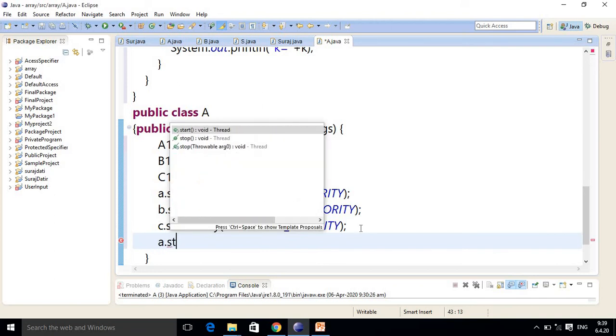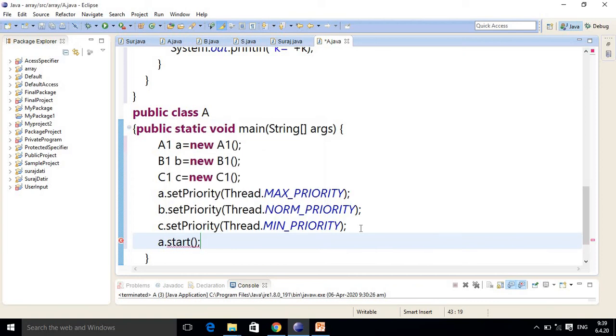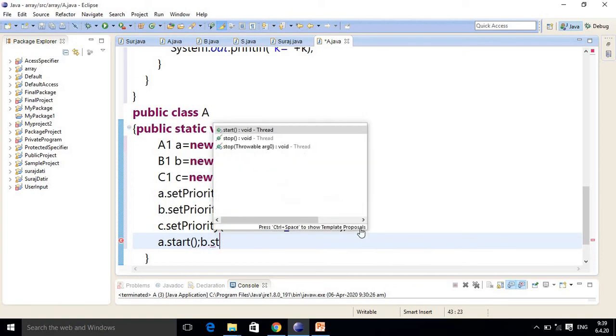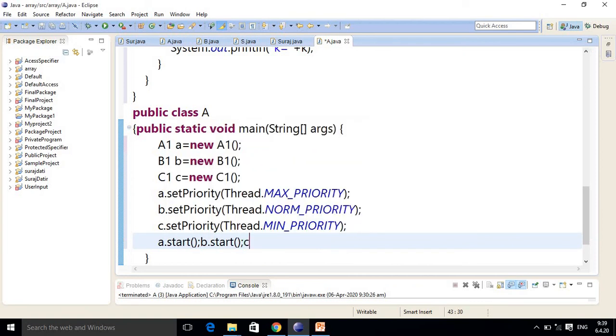A dot start, and so on. Now we have started all the threads. In the main method, just as usual, create the object, then set the priority. Here A has max, B norm, and C minimum.